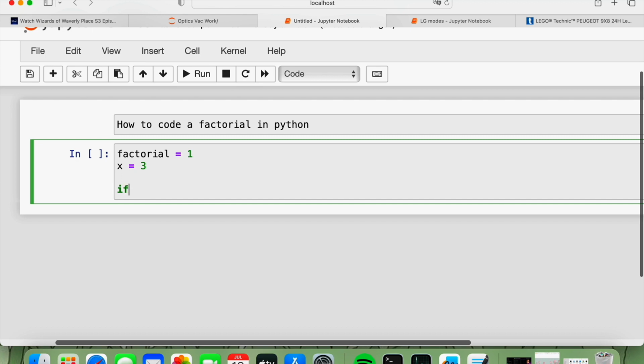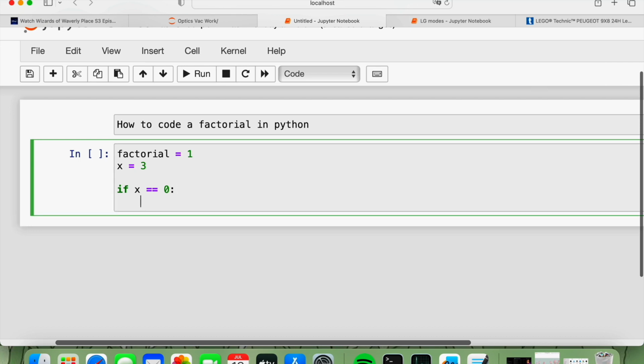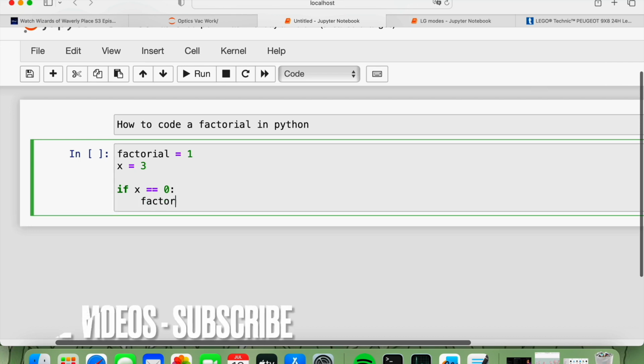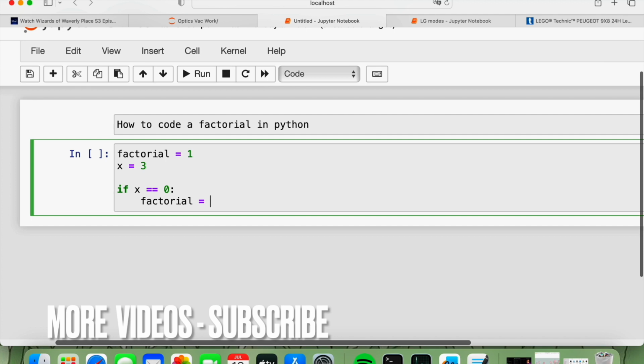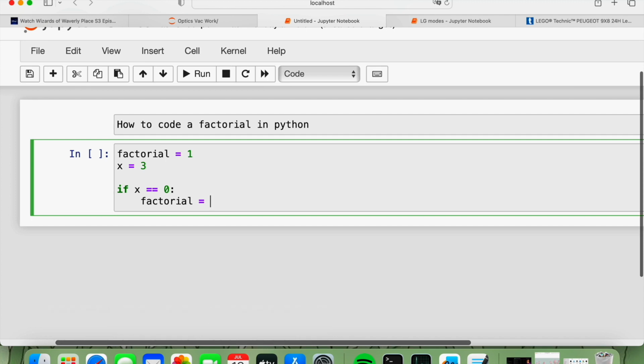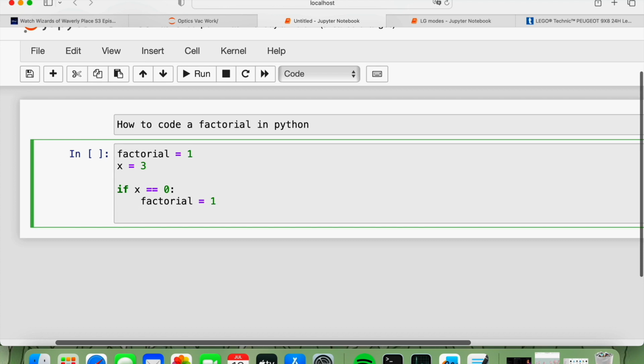Right, so now I'm going to type in my if statement that allows us to do the factorial. So if the number is equal to 0, for example, then factorial will be equal to 1, because 0 factorial is equal to 1. Otherwise, so else,